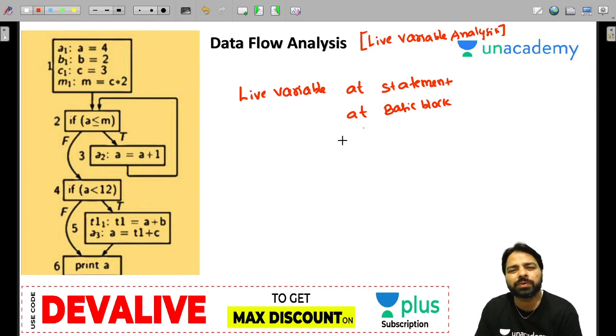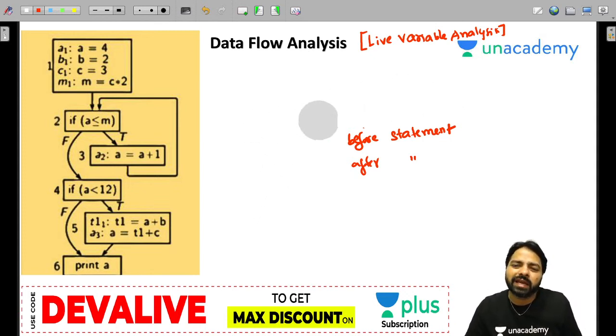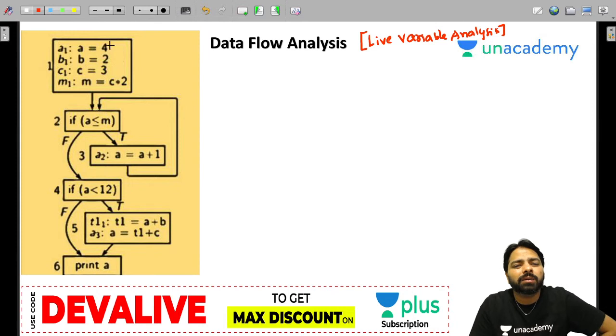You need to be very careful. Live variable before statement, after statement. These words are very, very important. Before statement, after statement, just after, just before. You need to be very careful with anything that they speak, but the main definition we will compute at statement.